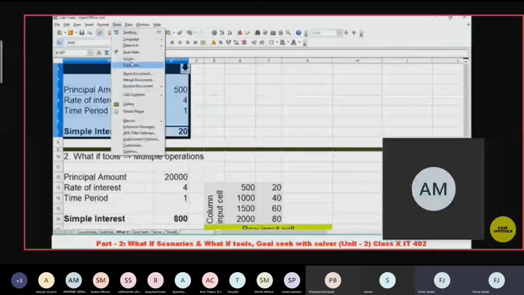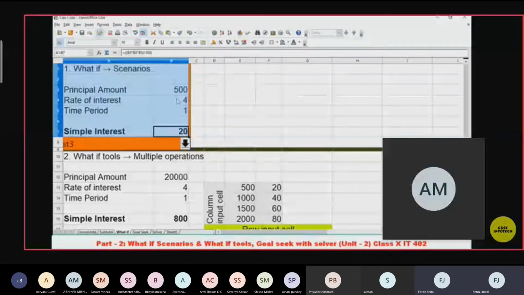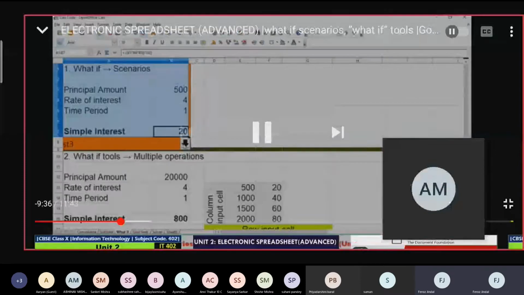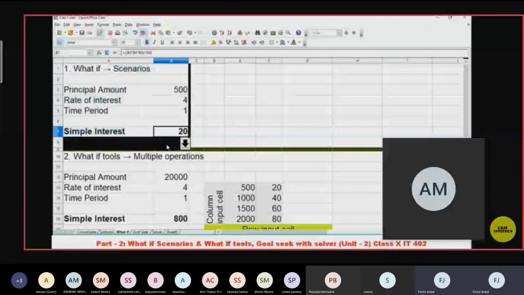Again I'll select the range and go to the scenario part. Now I'll take the SC3 scenario, the third scenario. If you want, you can change any color also. Now this is for 500. I'll click on OK. If I click on the arrow down below, I will see that three scenarios are shown to me: SC1, SC2, and SC3. All three scenarios are ready for me. Whenever I click there, the scenarios come.